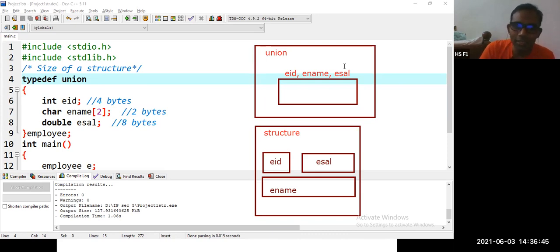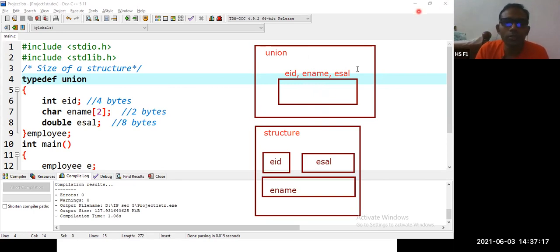But one disadvantage of the union is you need to store, retrieve, store, retrieve, store, print. That's it. You cannot do calculations later on. Coming to structure, you can store separate values like M1, M2, M3, accept the values, calculate, and print the result. But in union, you can store only one value at a time. I'll show the difference, then you will understand the difference between structure and union.